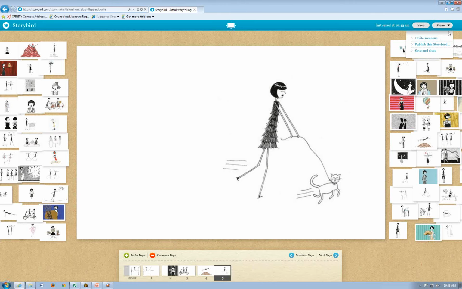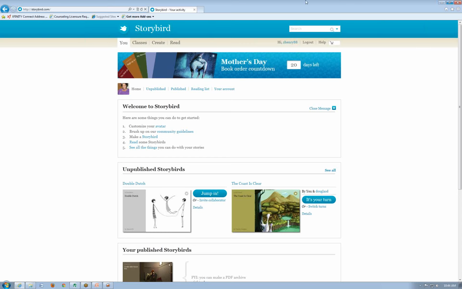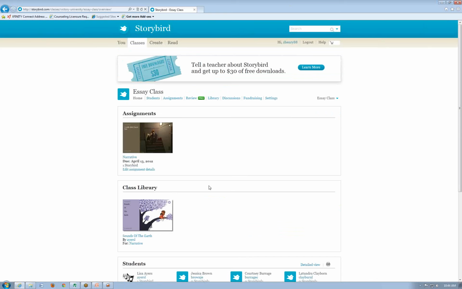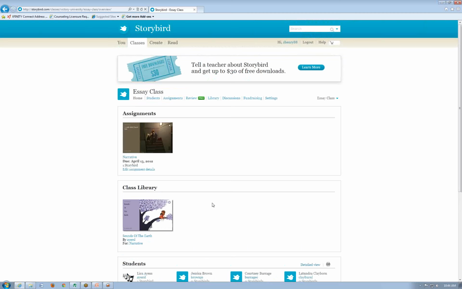Okay, so once you're finished with your story, once you have it, you can go here to the menu at the top right-hand corner, and you're going to save and close. And I want to say you may have to publish, but if you're logged in underneath the username and password that I gave you, it should be shown when I go back to classes. I should be able to see that you have a story. And I've already had one student that has posted theirs, but I should be able to see your stories once you put them in under that username and password. And I went through and did that so that all of the stories could be in one place and I wouldn't have to go find them.